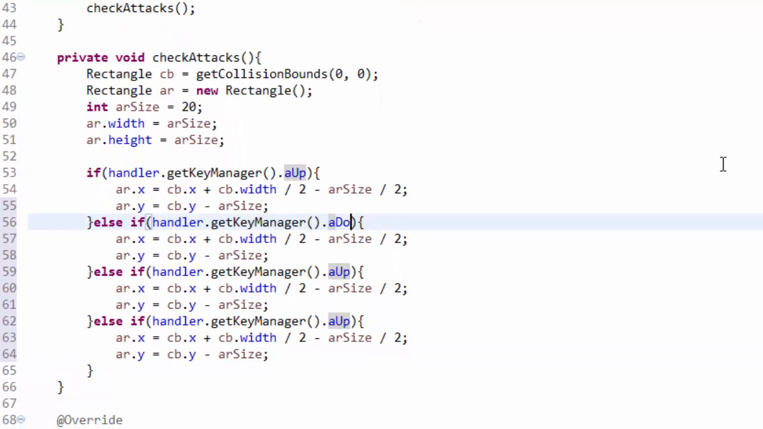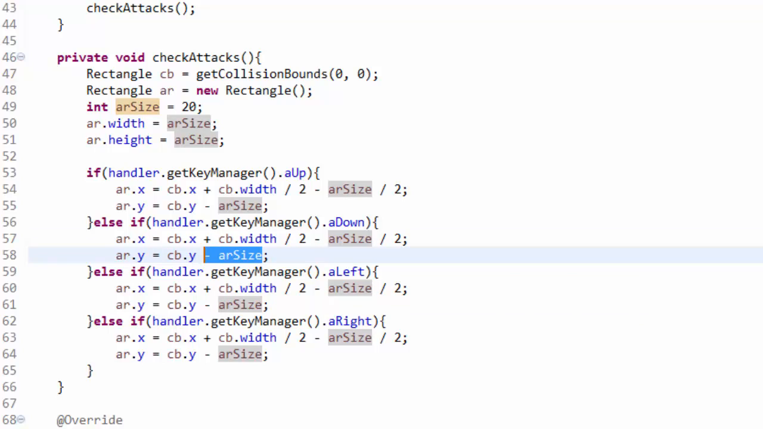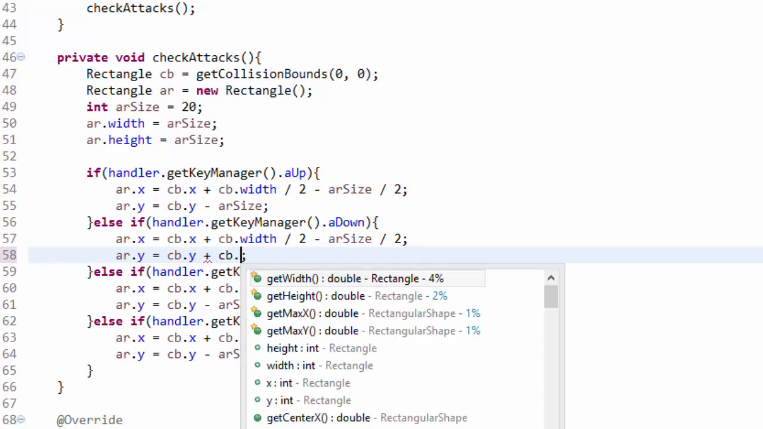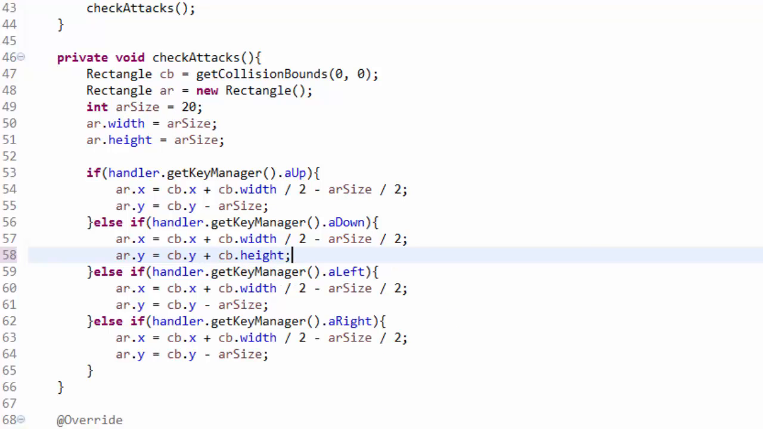So we're going to check everything up, down, left, and right. Okay, there we go. Now I'm checking down, left, and right as well. Now, when I'm attacking downwards, our X coordinate is going to stay the same. That way we center it and everything correctly. But our Y coordinate is going to change. We're going to do the Y coordinate of our collision bounds. We're going to add the height of our collision bounds as well. This way, when we draw it, it'll appear below the collision bounds instead of above, like when we were attacking